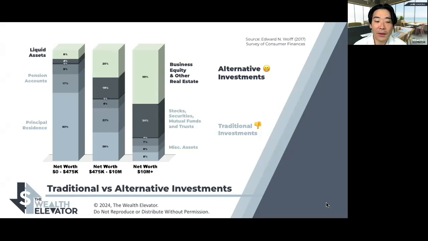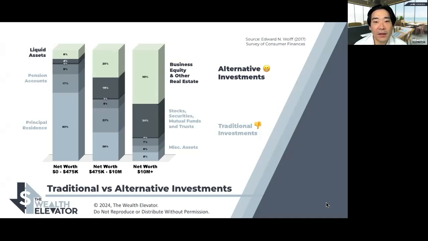So you're probably wondering, where does my pension come in? Yeah, you don't have them. If you're under the age of 50 to 60, you probably don't have these types of things. But what I wanted to show was this middle category here, where net worth is between $500,000 and $100 million. And that is pretty much our community here, right?